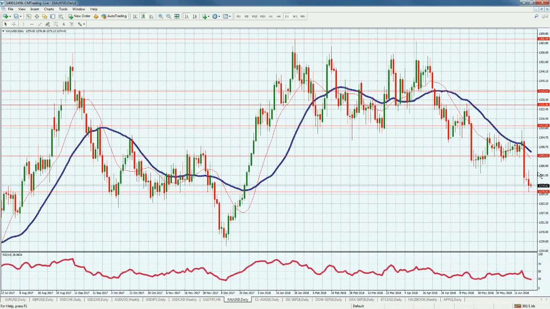Looking at gold. Gold broke down further yesterday from the 1280-ish, 1281-ish level, down to the 1270-ish level. Okay, now that is a support area. As you can see, we bounced off of it, but I'm not sure that we're bouncing off of it with some conviction. Okay, if we do break this 1270, again, we could further decline to the 1230-ish level, 1239-ish level. Okay, so just keep that on your radar today.